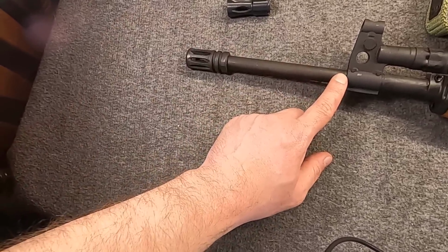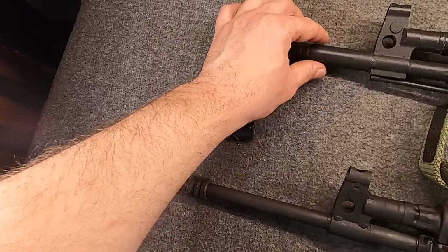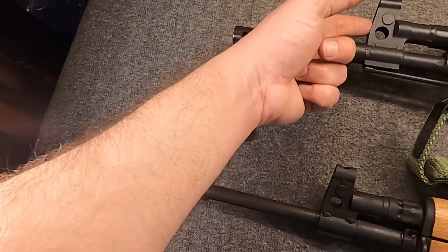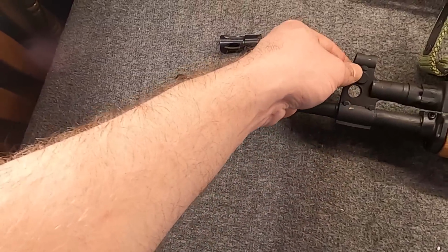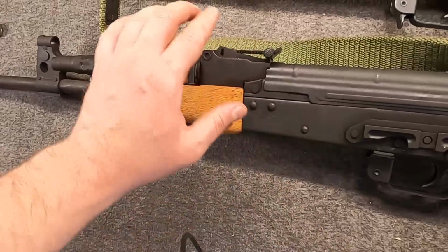You'd have to cut the barrel down on this one, and you'd have to cut the muzzle device off on this one. It's threaded on here, and it does have a detent in the base. This one does not have the detent, but it has the hole for it. So if you cut it off, you could just install the detent and be good to go. Something else,